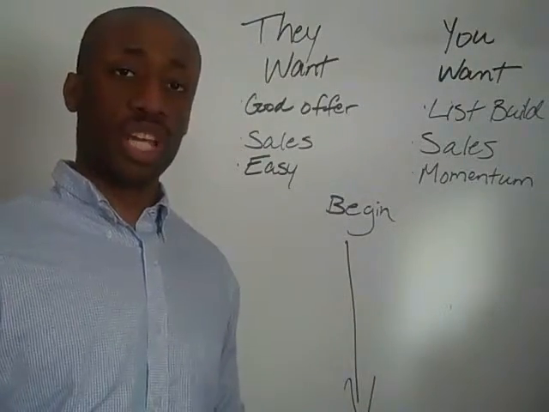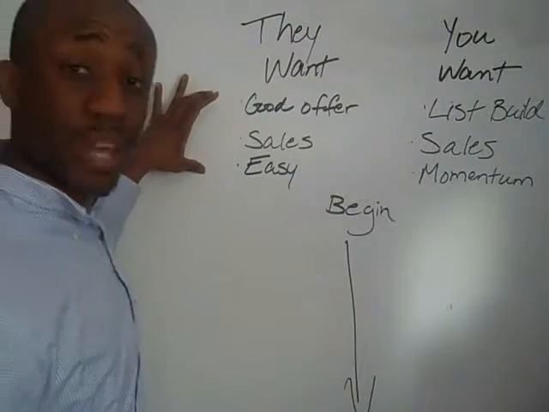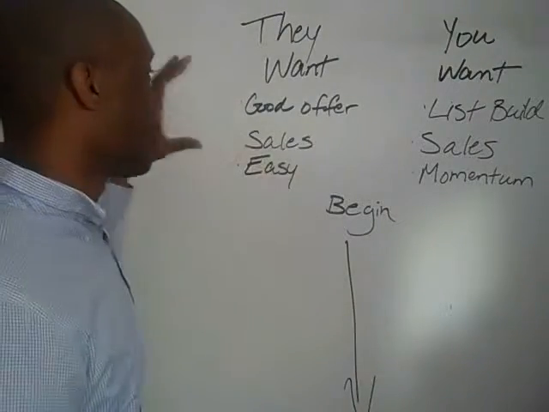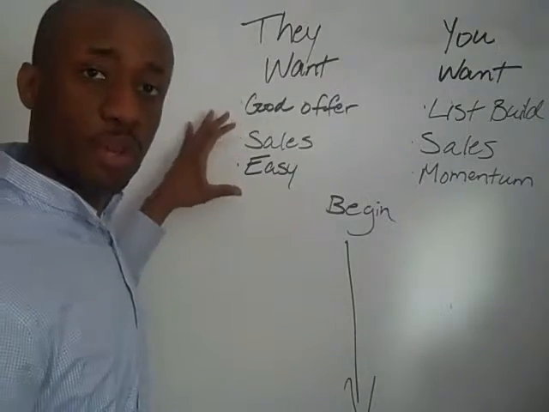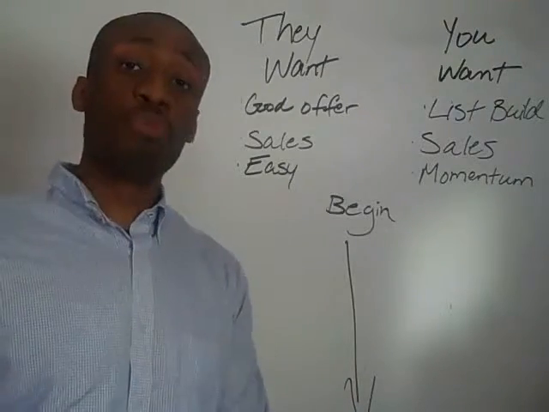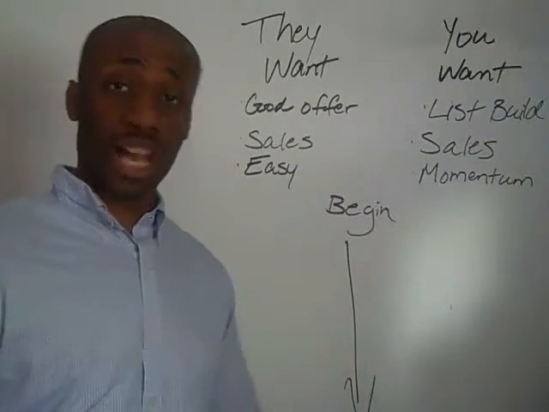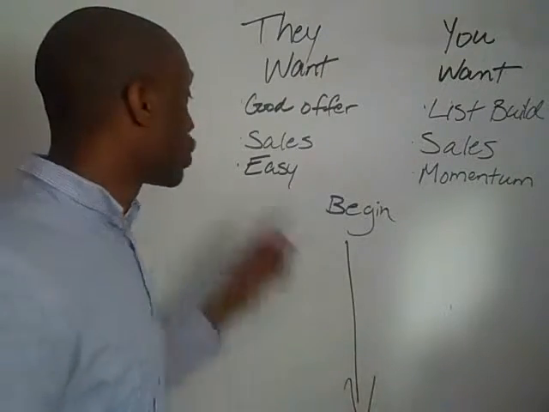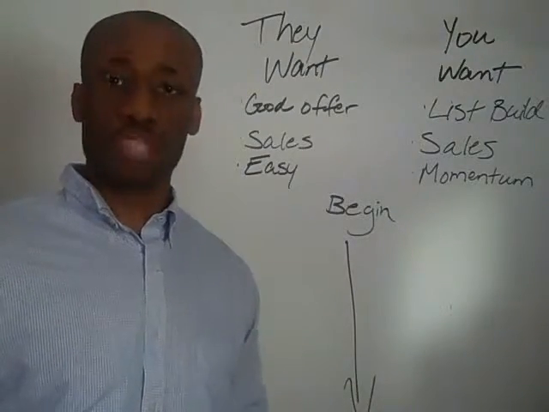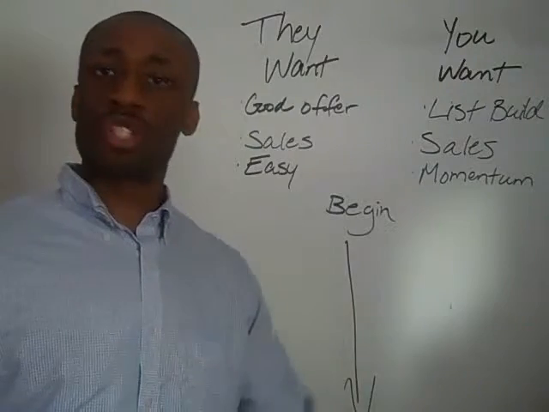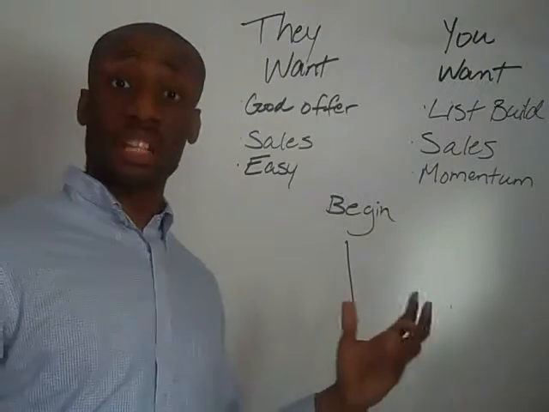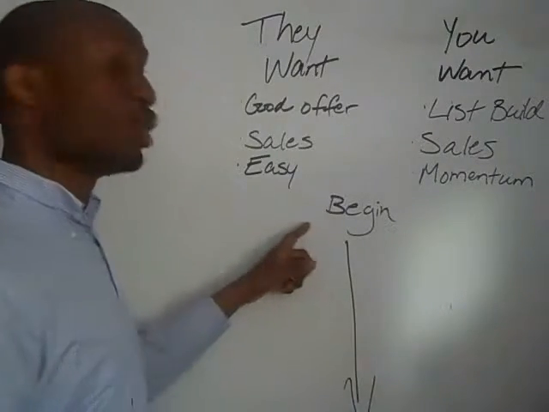The first thing that's important to understand is you have to make this case before you even start your product launch. You've got to be able to show your prospective affiliates, promotional partners, JV partners, that you do have a good offer that's going to make them look good to their list, that you can prove conversion metrics, that the product will actually sell, folks actually buy it, and that you're prepared to support them through the process to ensure that promoting your product is going to be easy. So for example, you've created buttons and banners and email copy and sales letters. Those are things that you've already created for them, or at least are prepared to create before you begin the